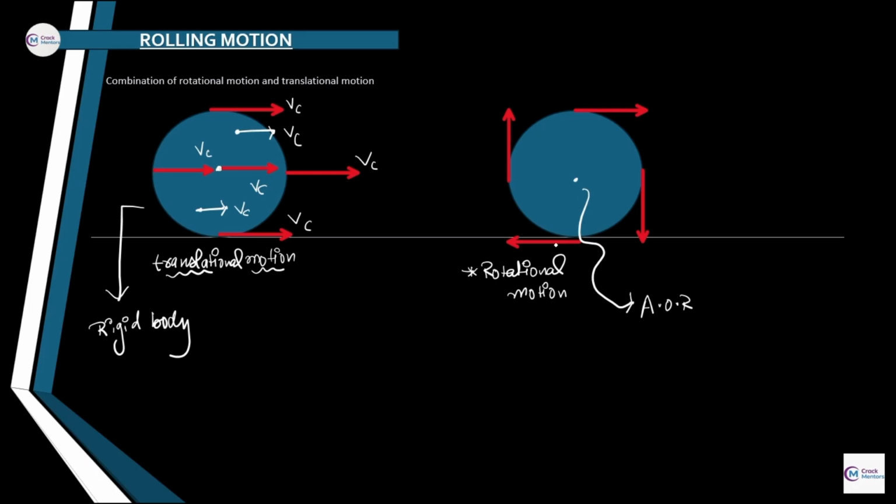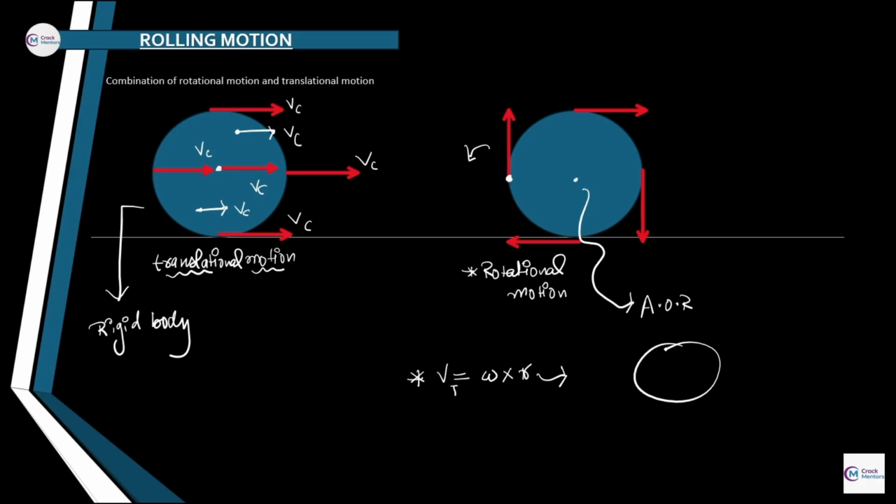In rotational motion, there are some things that we know. Rotational motion has two velocities. What kind of velocity? First of all, it has angular velocity, which is represented by omega, and in accordance with omega, it also possesses translational velocity, the tangential velocity, as I've drawn above here. What is the tangential velocity? As you can see by the red arrows in the rotational motion, the tangential velocity is nothing but omega cross r.